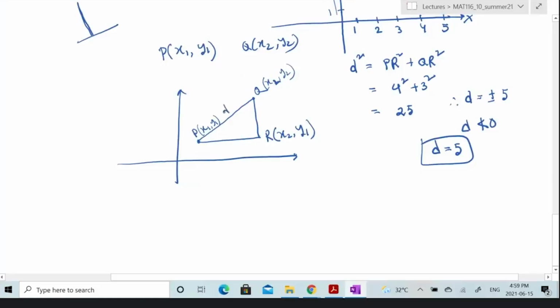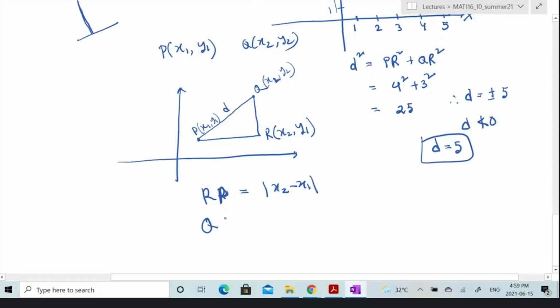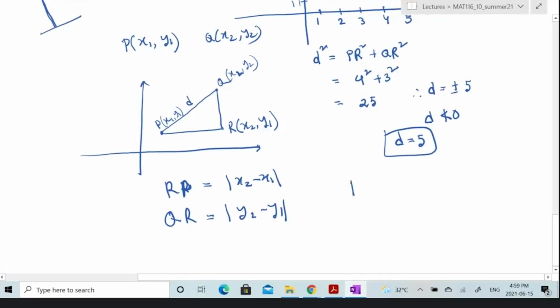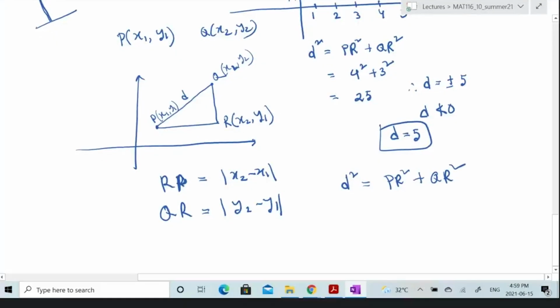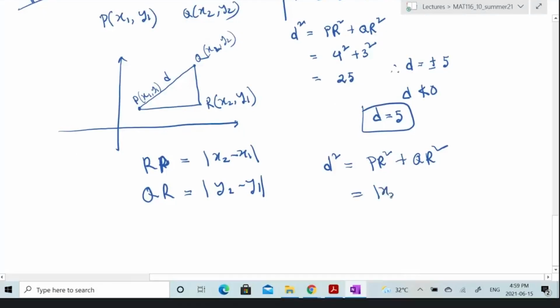So like before we want to know d. So this distance is PR. PR is basically the absolute value of x2 minus x1, and QR is going to be y2 minus y1. So we apply Pythagoras like before. So d square is going to be PR squared plus QR squared. That means the absolute value of x2 minus x1 whole square